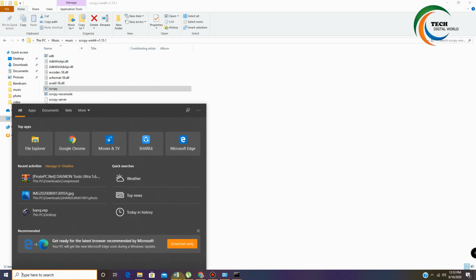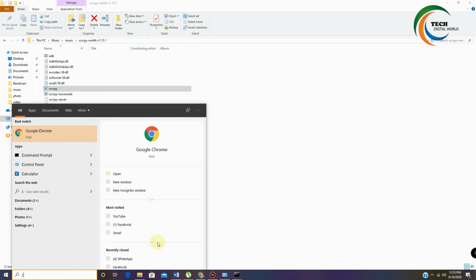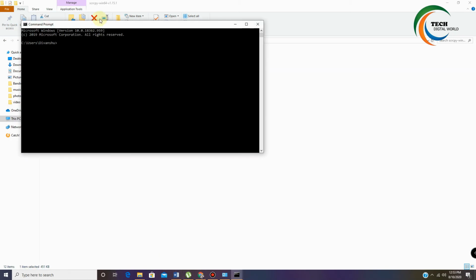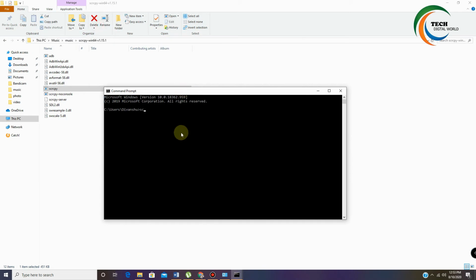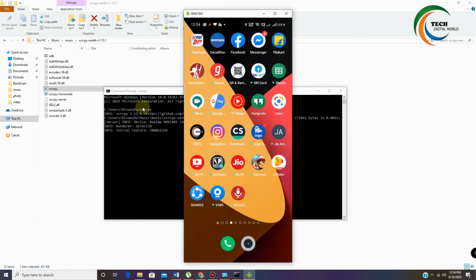I will just open my CMD command prompt. Now I will just write the name of the exe file, and that's it. You are able to view your mobile device on your PC. This is the best method.